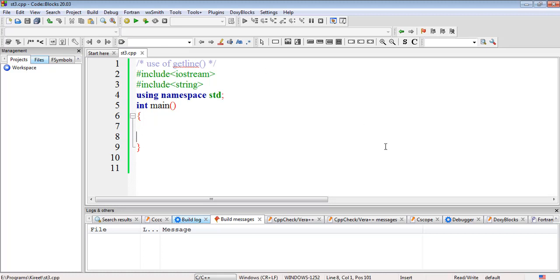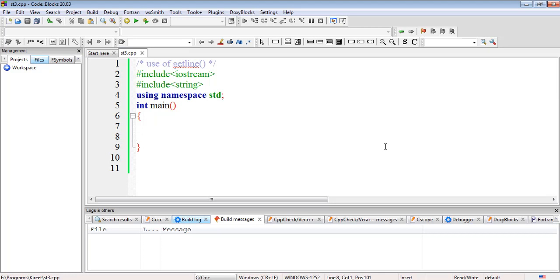So in this example we'll see the concept of strings in such a way that the user should be able to enter the string during runtime. In our previous lectures we have seen how to initialize a string statically, when we declare the string, at the same time we initialize the string.